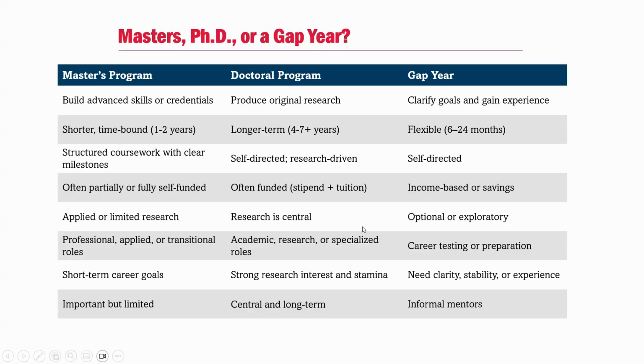So in terms of folks who are wondering, okay, do I do the master's degree? You're kind of deciding between programs and you're not sure whether you want to do the master's, the PhD, or whether a gap year is appropriate. These are some things that you might think about, right? One of the things that I like to share with students is that oftentimes you have a PhD program and a master's program, these two different levels within the same program at a particular school. In the case that a program has these two different levels, you may be able to pursue a PhD and get a master's degree in passing.